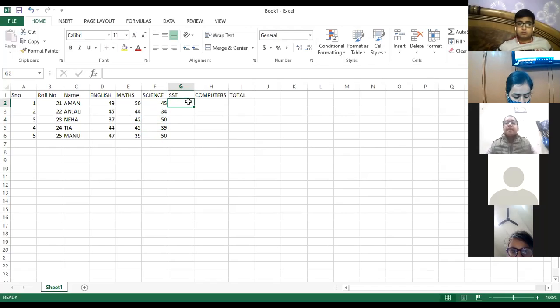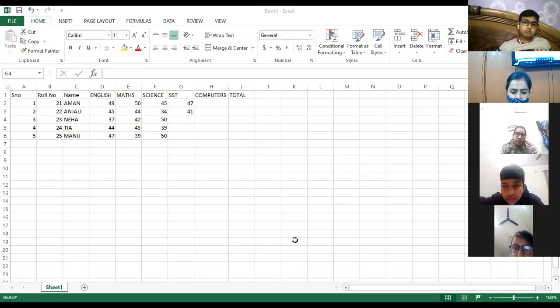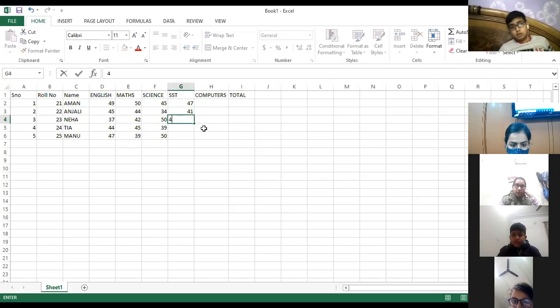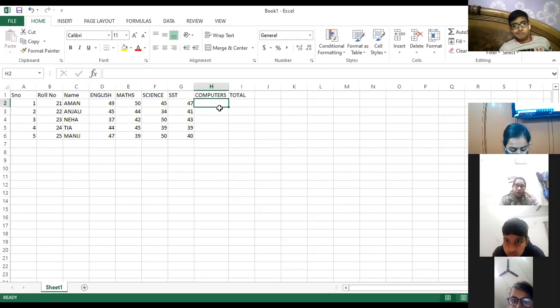In SST, these marks that the students have obtained are out of 50. Clear? Now coming to computers,